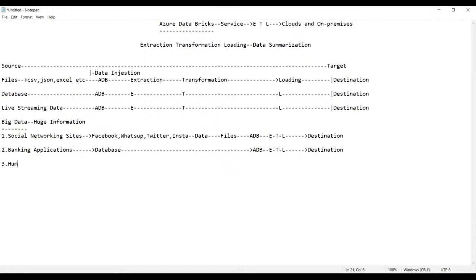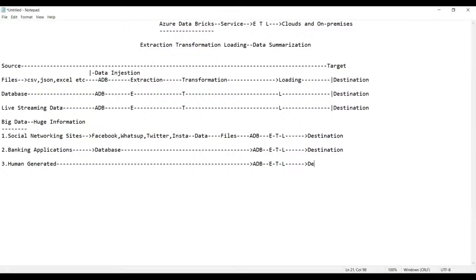Likewise, you can also get human generated data, which is very rare. Human generated means the data generated by you and me. Same process: it will be accessed into the ADB, and using the ADB we perform extraction, transformation, and loading, and finally we load the data towards a destination.